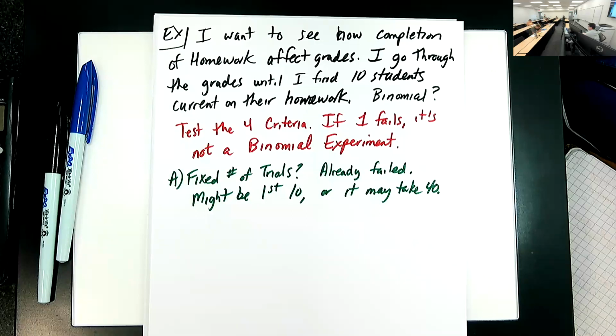I would argue that probably some of the other ones don't pass either. Like independent trials, if I have brothers and sisters, or a couple, whether they're married or just boyfriend and girlfriend, generally they're doing things together. Or if something goes on in the family, it's going on for everyone in the family. So it may not even be independent. But the fixed number of trials immediately fails.